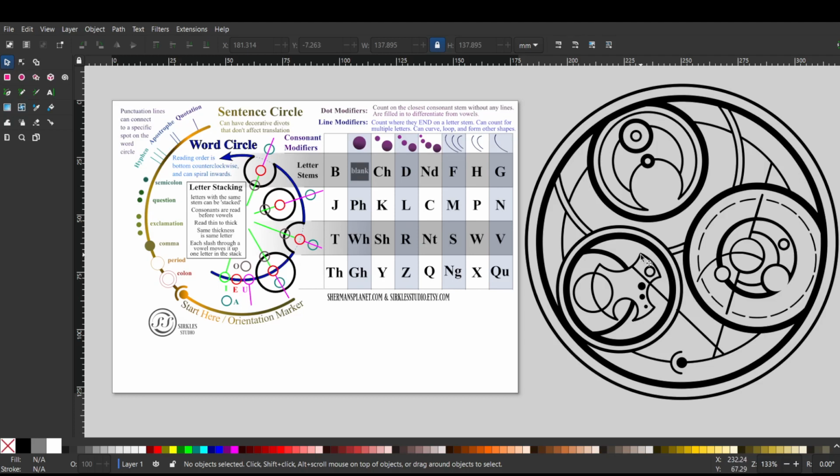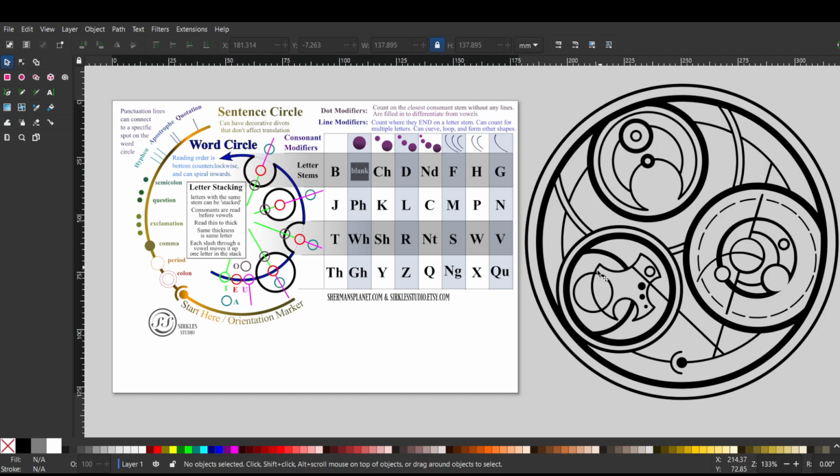Then we have an O. Then we have a shallow divot with 1, 2 lines. And a difference between a shallow divot and a deep divot is this is 50% or less completed of the circle, where this is more than 50% and starts to curve back in on itself and make this omega shape. Anyway, so that would be the R-O, and then we have a W with 1, 2 lines,